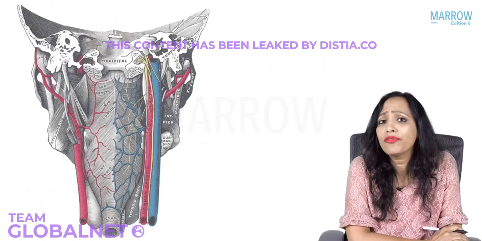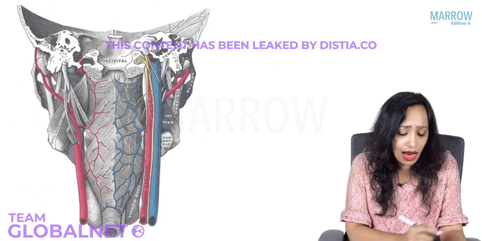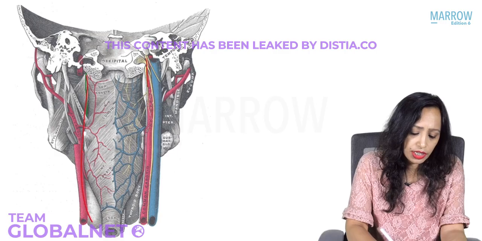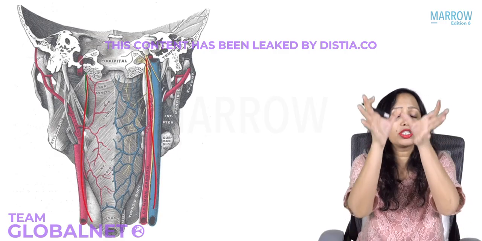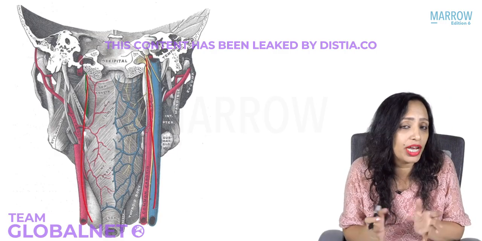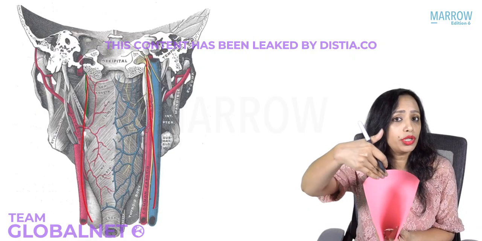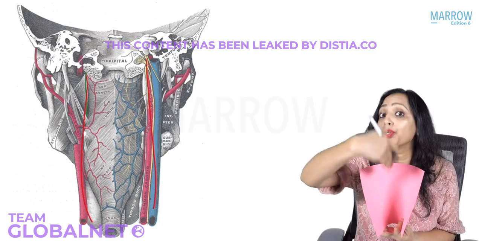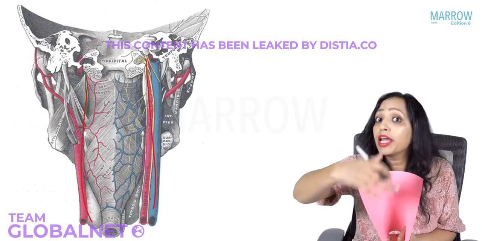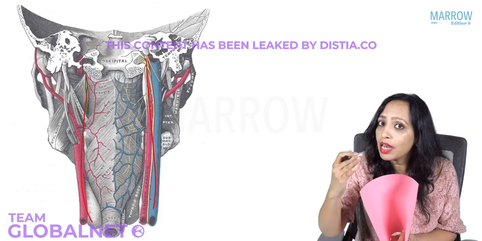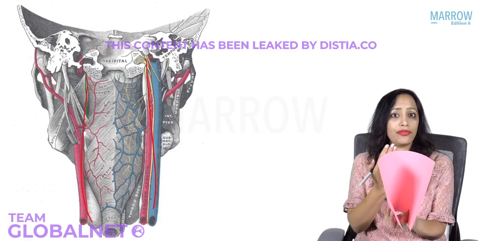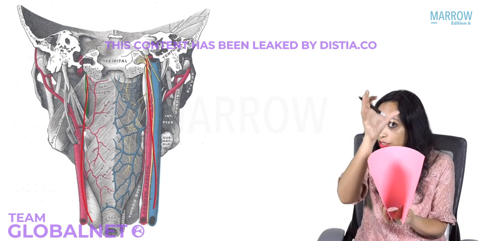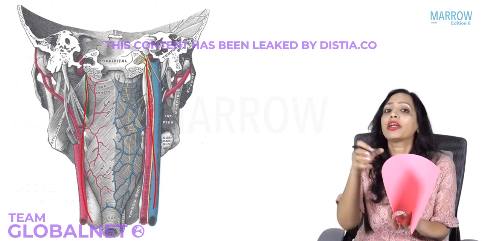Now what view of the pharynx are you seeing here? We are seeing this complete pharyngeal tube, this complete musculofascial tube, which is intact, in the form of a tube. Whatever I was showing you through the nasopharynx or the oropharynx, I showed you the Waldeyer's ring, I showed you the longitudinal muscles after I removed the pharyngobasilar fascia. Now what you're seeing is the look that you will get when you're standing behind the pharynx, the complete pharyngeal wall.